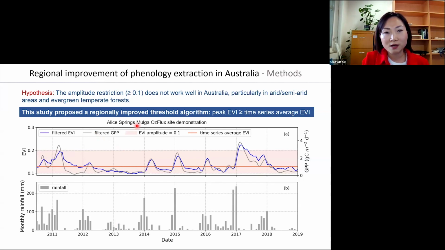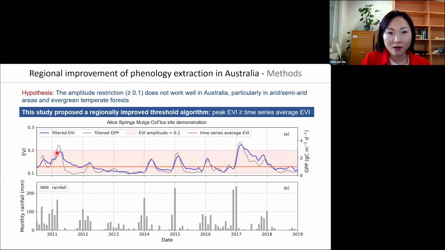And this is a site in Alice Springs, looking at Mulga. At that site, they measure carbon and water flux to estimate vegetation activity and calculate a thing called GPP, gross primary productivity, in gray color here. So the gray profile is our ground measured vegetation growth, and the navy one is from satellite data. They both show us